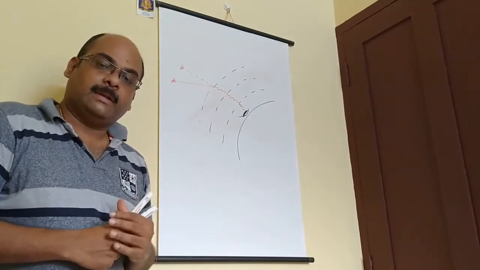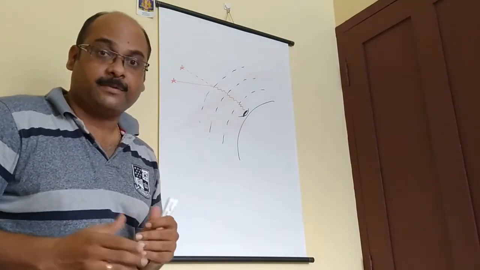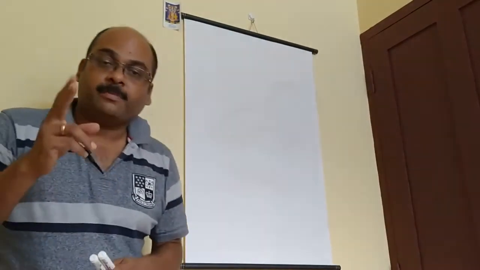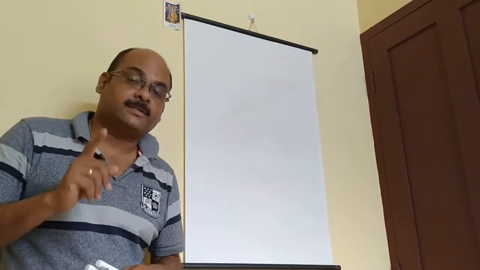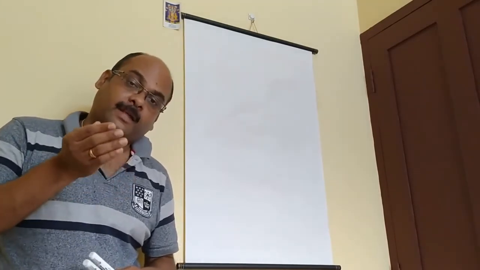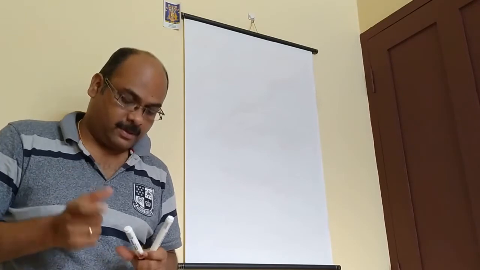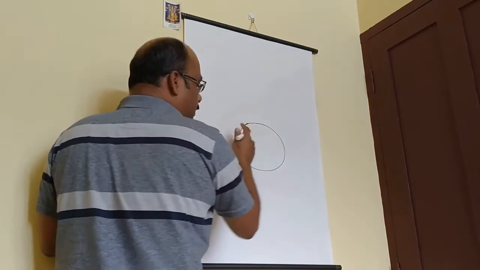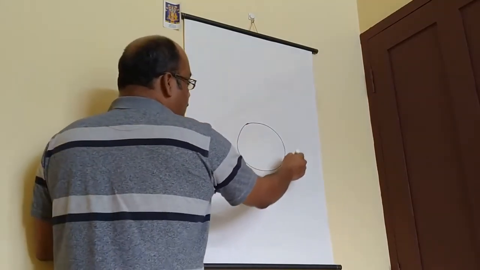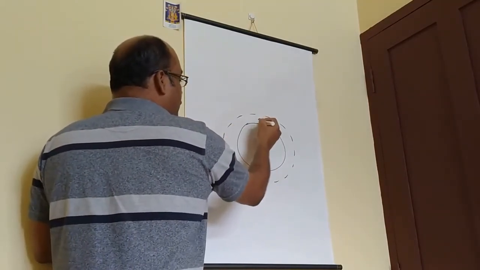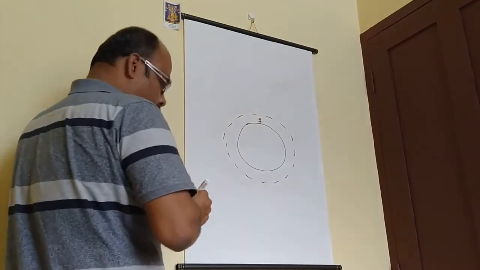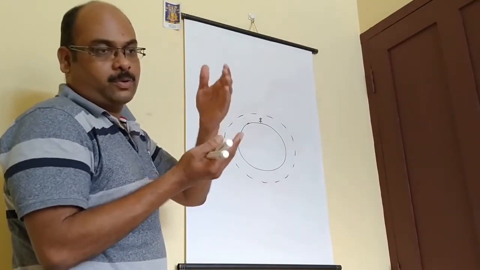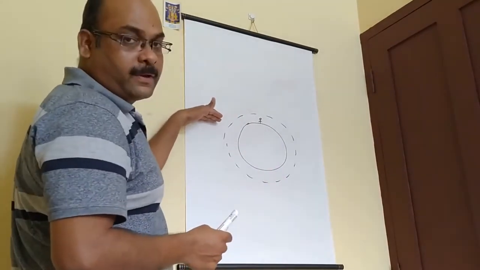Now another example is about the sunrise and the sunset. Do you know that you see the sun 2 minutes before the actual sunrise, and you see the sun 2 minutes even after the actual sunset? Why? The reason is the same, refraction. So we can see it, this is the earth and this is the earth's atmosphere, and consider you are standing here. Okay, and this is the horizon, that means where the sky and the sea or the ocean meets. So you can see the sun only if it comes above it.